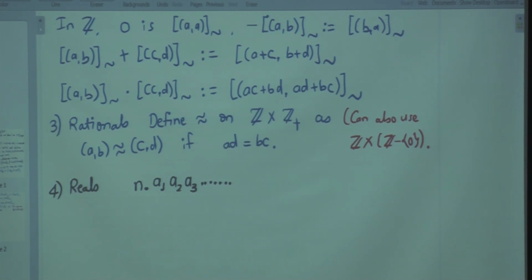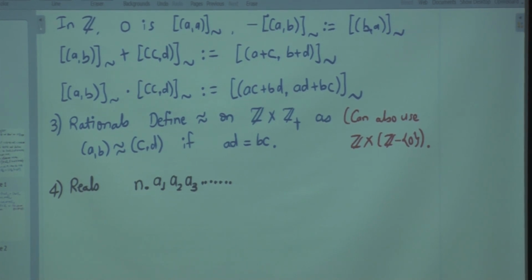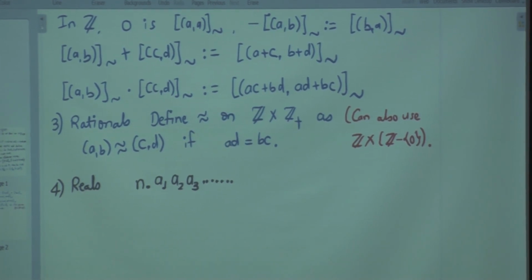Decimal expansion. So that means you are choosing a function from what? From naturals, not from 0 to 9. 0 to 9 is the codomain, and the domain is natural numbers. So this part is a function